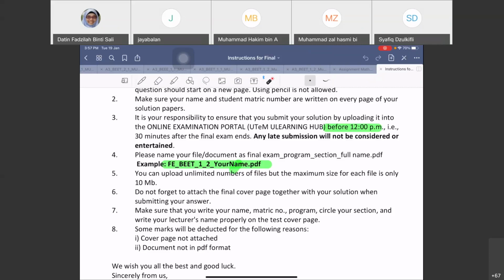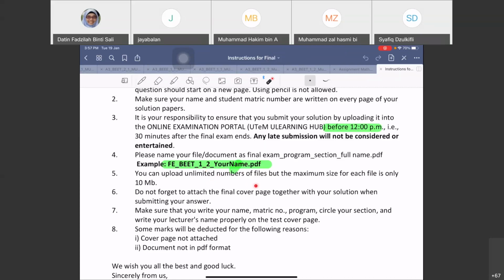Time is precious for the final exam, for both you and me. I need to make sure I can mark within a week, because that is the time given to us. In case you use a lot of pages to answer,